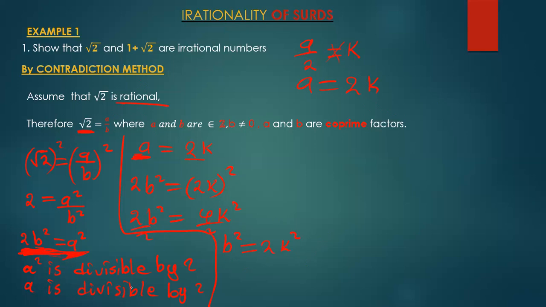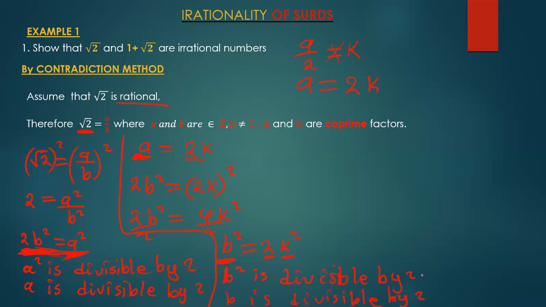So what this means is that when you look at this statement here, it says for you to get b squared, you have to multiply k squared by 2. So what this implies is that b squared can be divided by what? B squared can be divided by 2, meaning it's divisible. B squared is divisible by 2. And then this also implies that b is also what? Divisible